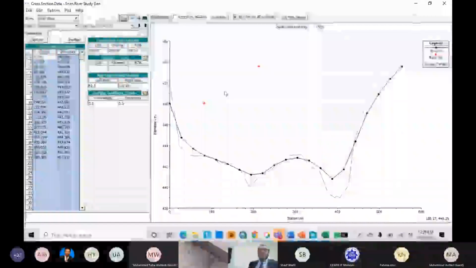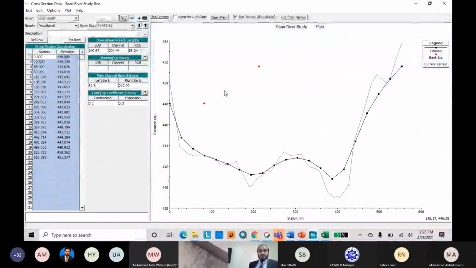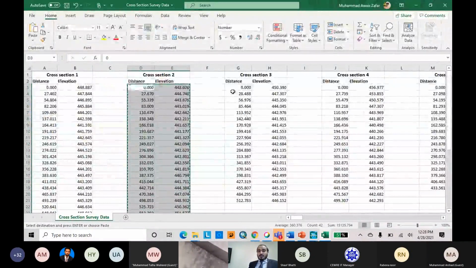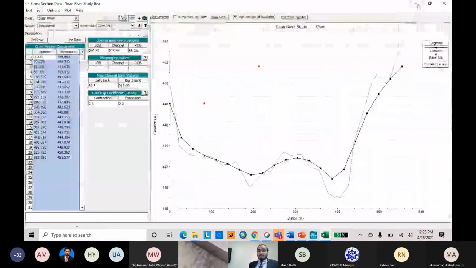We have to replace all 71 cross sections one by one using this technique. Copy the survey cross section data from the Excel sheet and paste it into the HEC-RAS window.